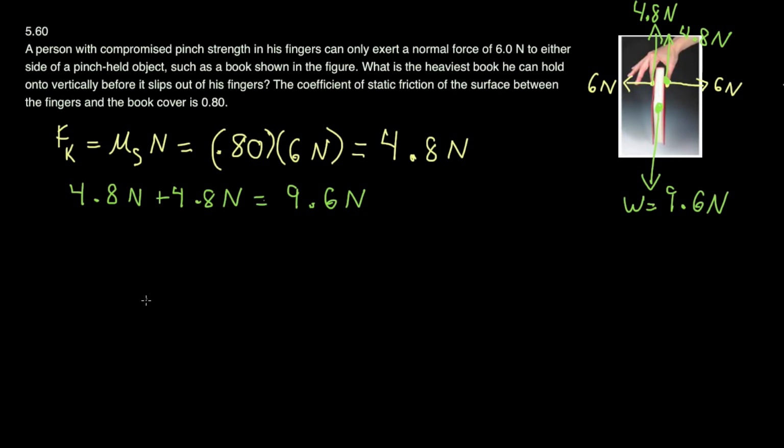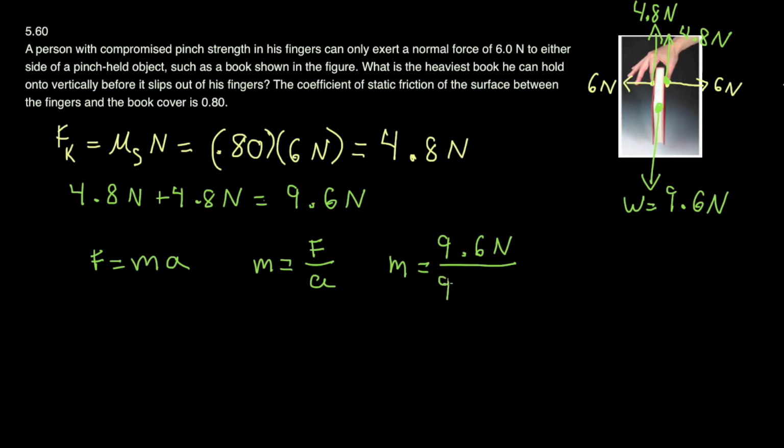So if we want to get that into kilograms, how do we do it? Well, we know that force is equal to mass times the acceleration, right? And if we're trying to find the mass, all we have to do is divide by the acceleration. So the mass is equal to the force over the acceleration. And in this case, the acceleration is going to be due to gravity. So we have the mass is going to be equal to the force, which is the weight of the book, which is 9.6 newtons,